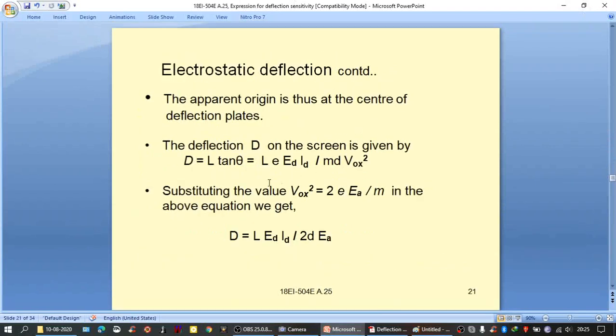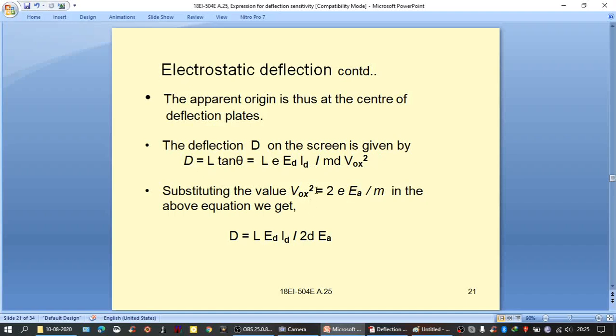So writing that here, for tan theta, L Ey LD by M Vox square. Further elaborating Ey as Ed by d, the expression for D is equal to L into Ed LD by M d Vox square. Now please see here,